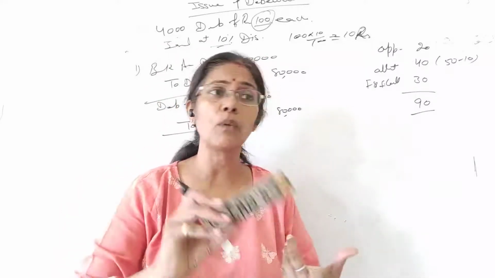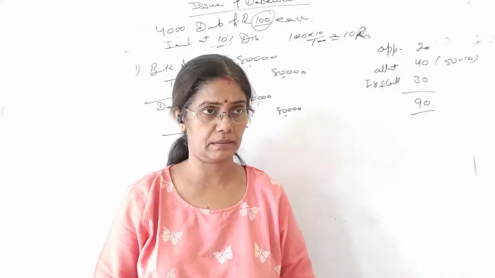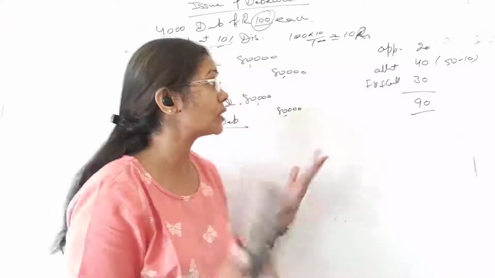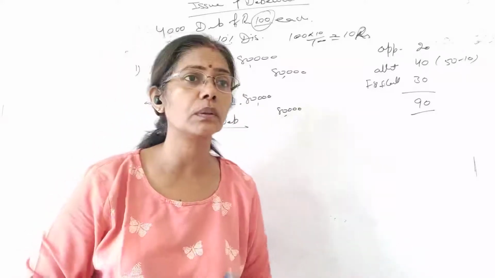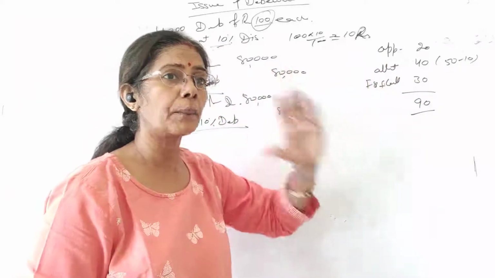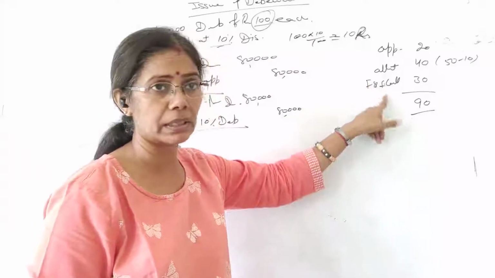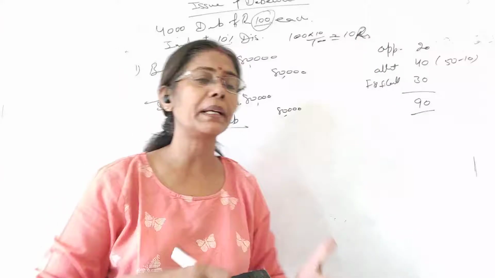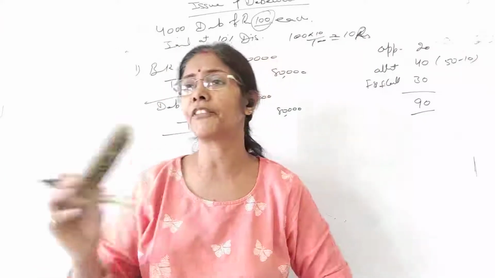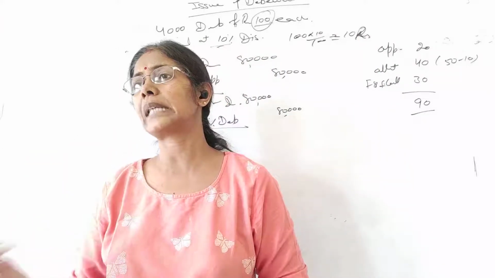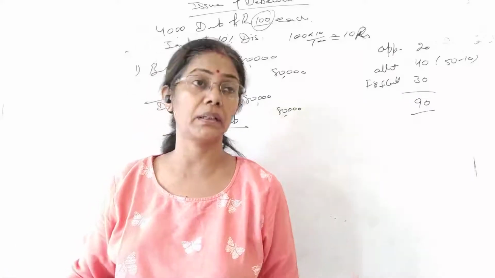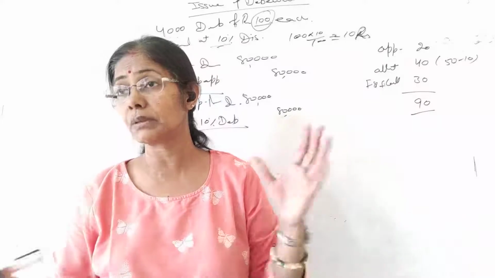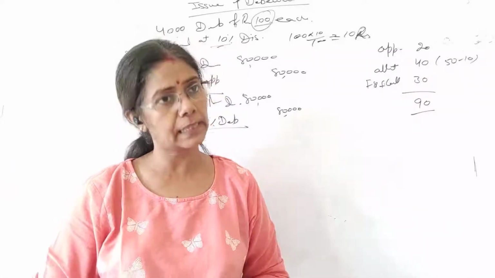So this is the condition. Company, if company wants it on application, okay, fine. But if company doesn't want it on application, it wants it on allotment, then we have to treat it in the allotment. Company may provide the discount just at the end. Company को पहले पैसा चाहिए, बाद में वो discount देगी. So it completely depends upon the policy of the company. And if company did not decide any policy, it didn't mention anything, then Companies Act will be applicable, and the Act says this will be treated on allotment. Is that clear?